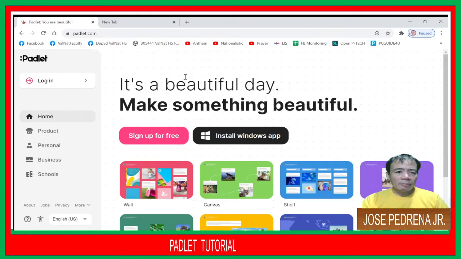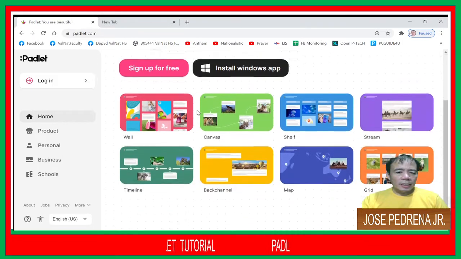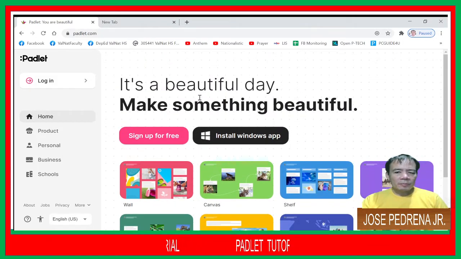Then once you're already in the Padlet, you have your options to log in or sign up for free. Okay, if you sign up for free, you can avail the benefits of having three Padlets. While if you already have your account and you subscribe already to Padlet.com, meaning you have your unlimited use of Padlet. Okay, for a beginner, you don't need to subscribe at first. So all you have to do is just sign up